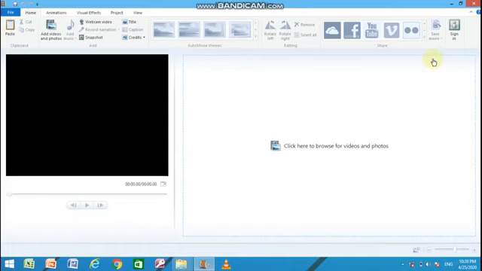Now students, I know you are eager to know that how a movie is created using the Movie Maker application. Let's start. First of all, to create a movie, we need some videos or photos. We can get these objects by clicking here or by referring to the Home tab where we will get the command add videos and photos. Let's add some photos.